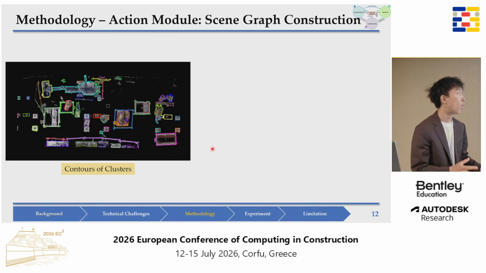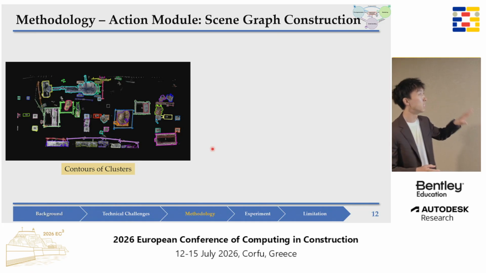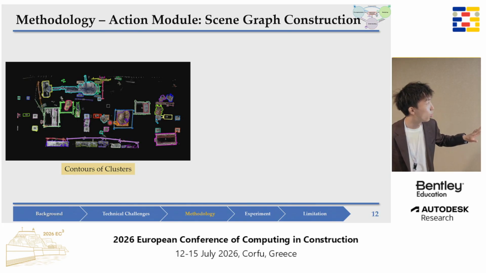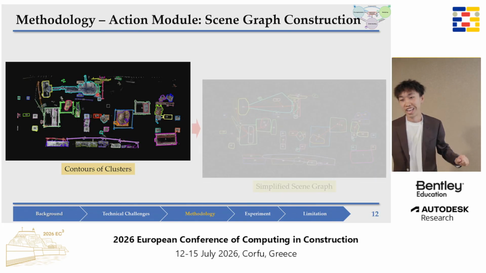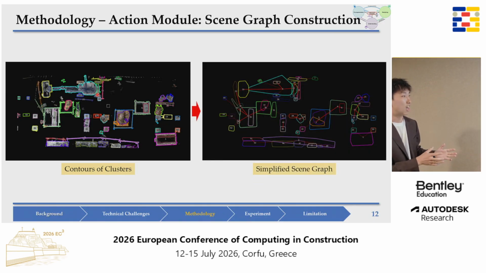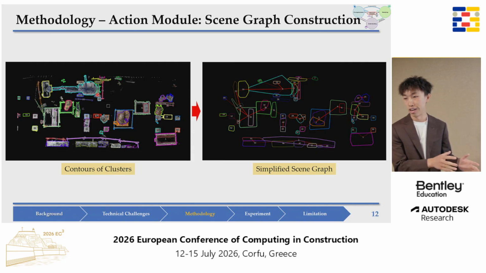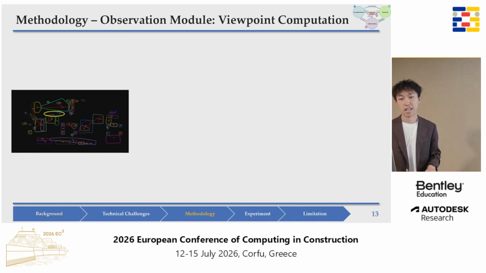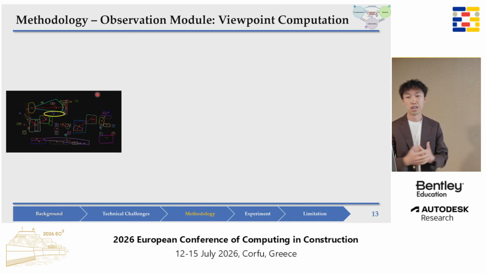And till now, we have divided the whole scenario into different but meaningful clusters. For each cluster, we give it a label. Through some adjacency analysis, we can convert these clusters into the construction scene graph for the analysis. The next step is the observation module, and we will go through the list of all the clusters,